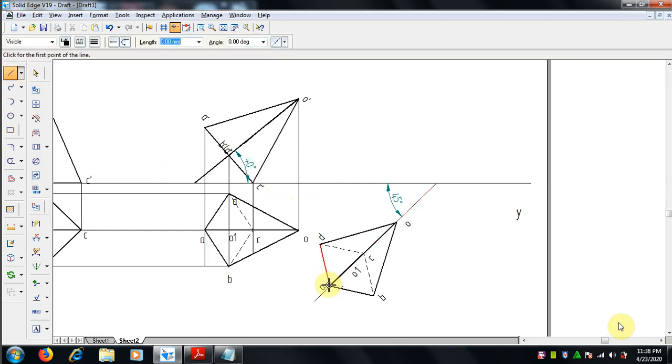Now we have to draw the top view, front view. So to draw the front view, we have to project all the corners. Project all the lines from the front view. Project this.